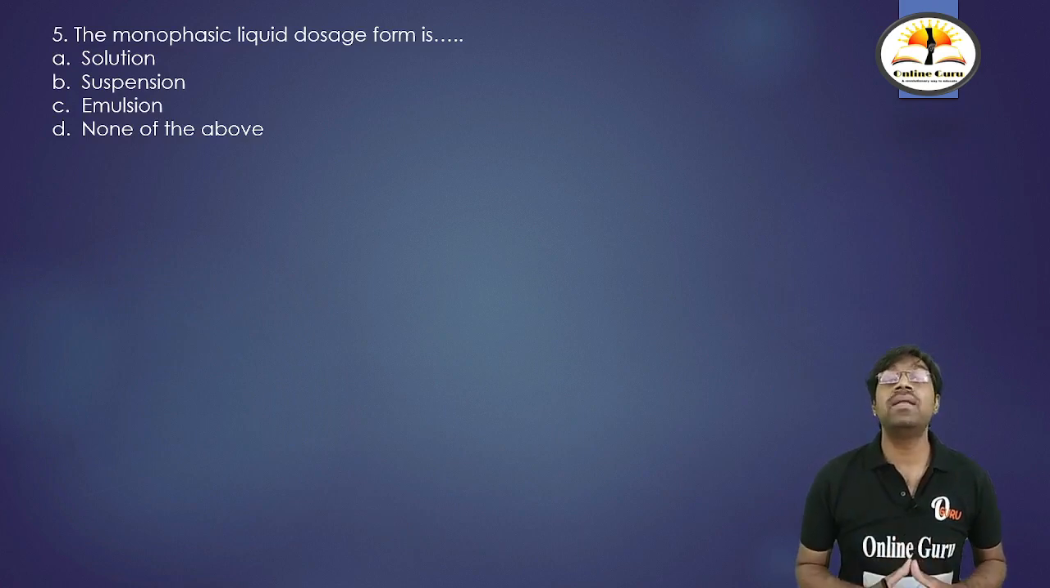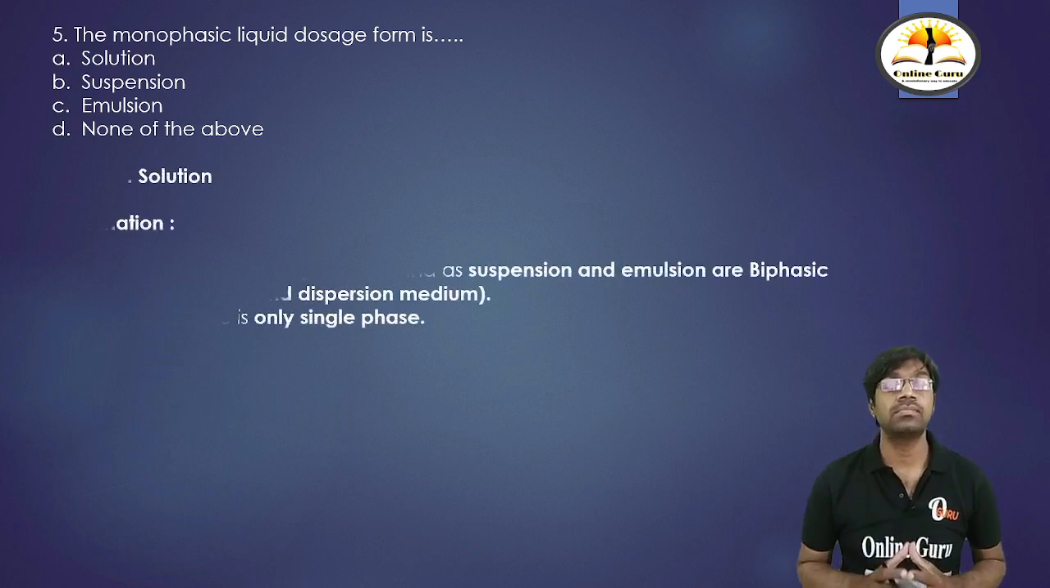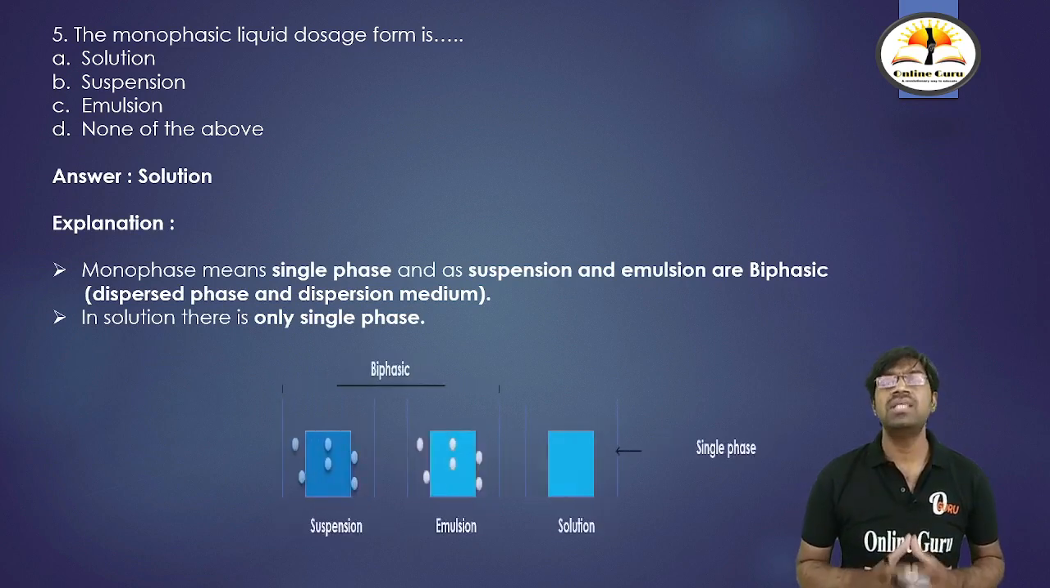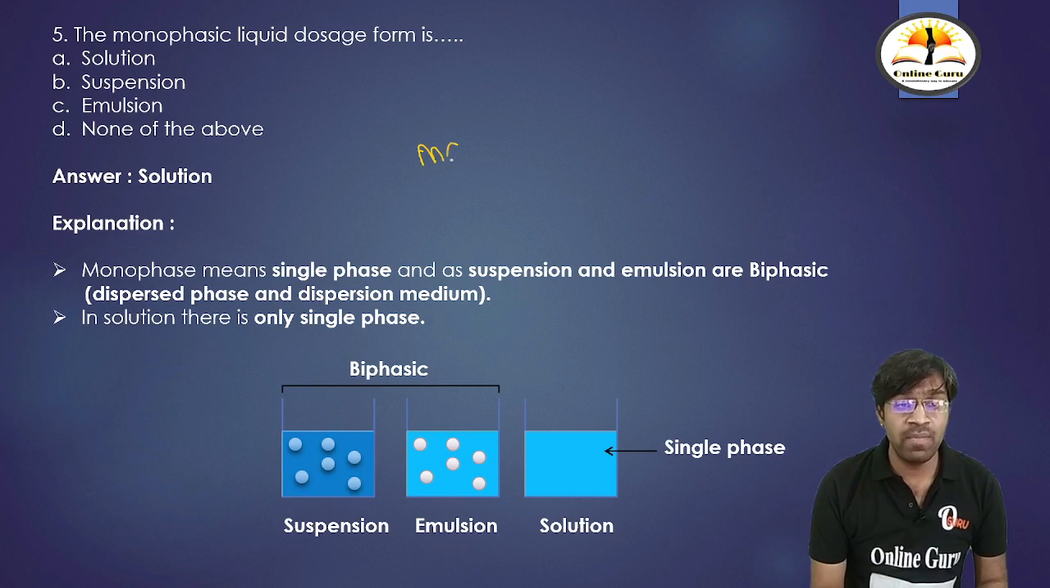The next question: the monophasic liquid dosage form is option A, solution, option B, suspension, option C, emulsion and option D, none of the above. The correct answer is solution. See here, what is the meaning of mono? Mono means single